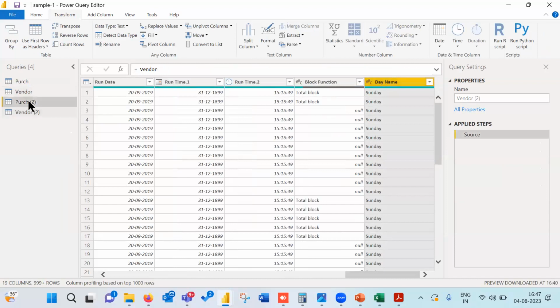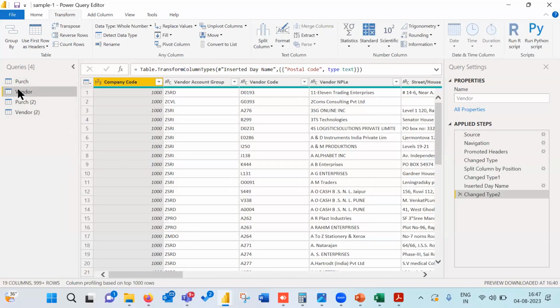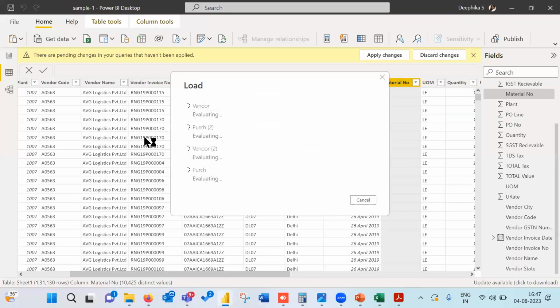So now we'll go to one simple dashboard. I will show you how to do it with formula and without formula. After that, I will take one dashboard from the CFO dashboard and show you how that can be done. Okay, we'll go to File, Close and Apply. So it will close Power Query and it will load to Power BI Desktop. The other two sheets are not wanted, so we can delete them.